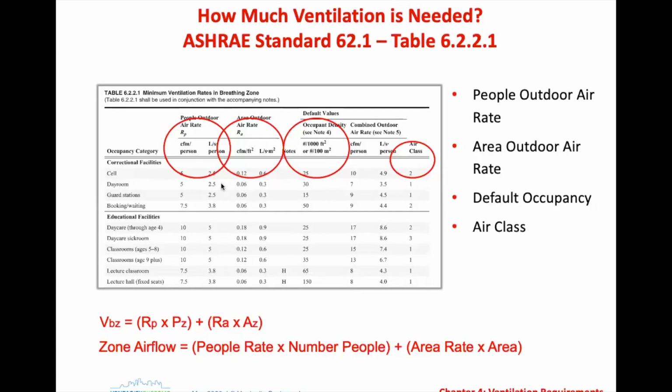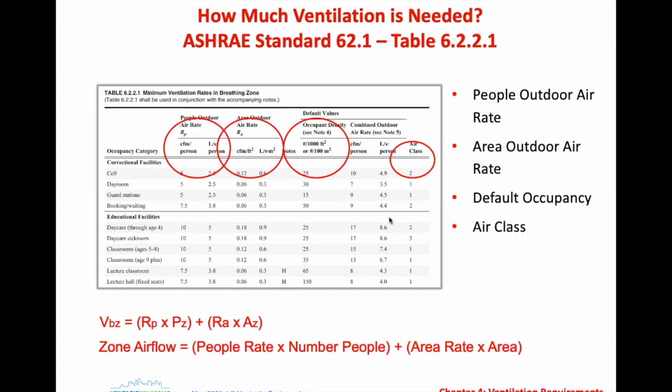That's liters per second per person. That's done. And then it's got CFM per square foot. So you're going to add those up. So you have the CFM per person that's designed into that space, and then 0.06 times the square footage, and you add those two together, and that gives you your total ventilation rate.